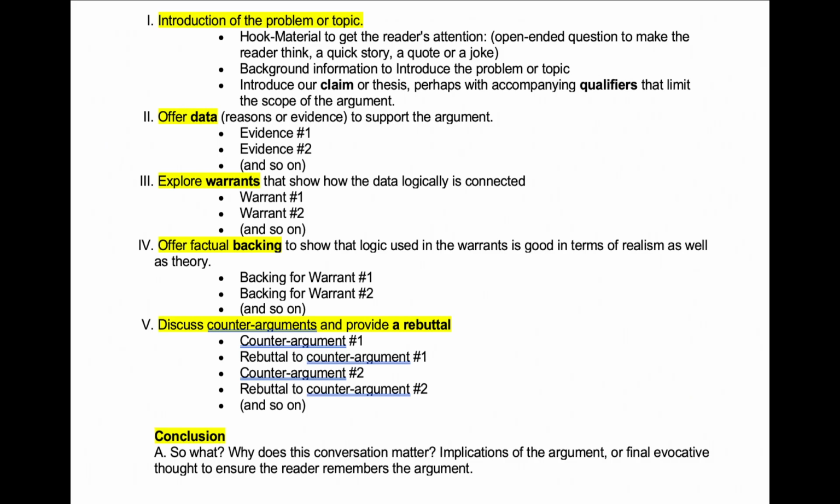So the warrants that you included, you want to make sure you have backing for that, so get specific, right? Get specific as to why those warrants are indeed correct, and why they're your values in the first place. And then you want to get into the next paragraph perhaps and discuss counter arguments,